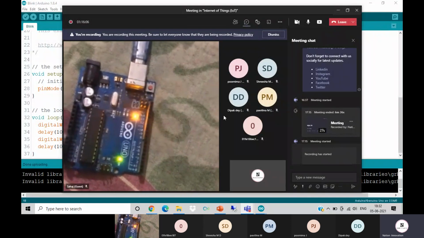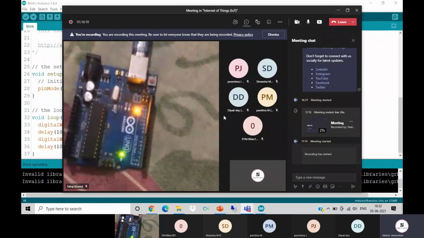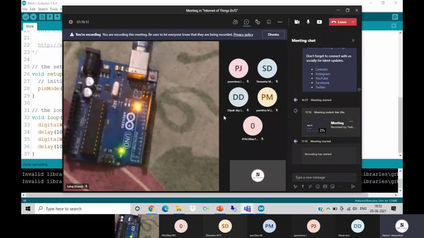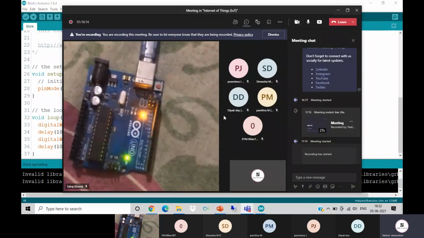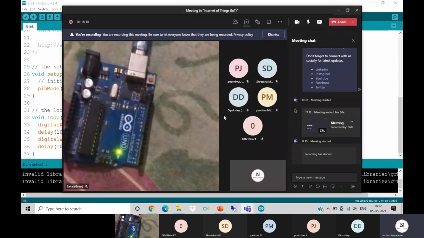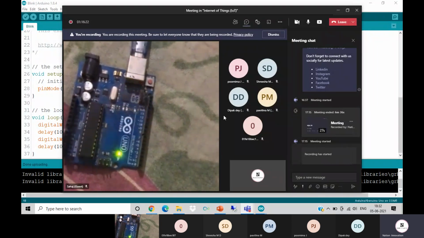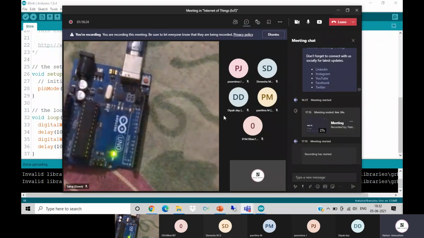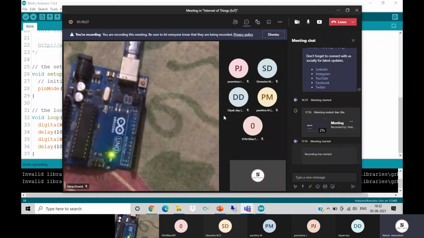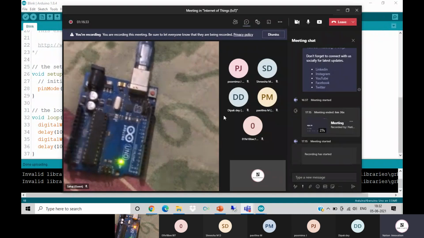Now, the next thing we can use this board for is to print something onto the serial monitor. What is the serial monitor? It is a functionality available in our IDE to test our devices, to see what kind of values we are reading from a sensor and the exact values being sent to the board itself, and on the basis of that we can write our logic.